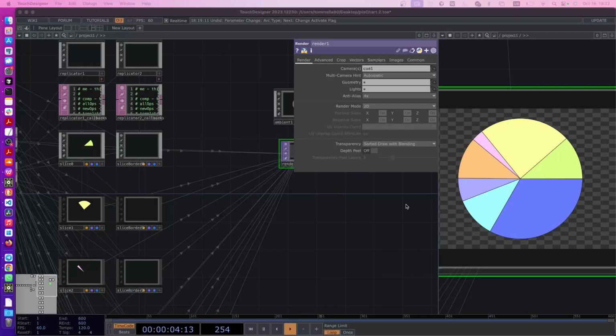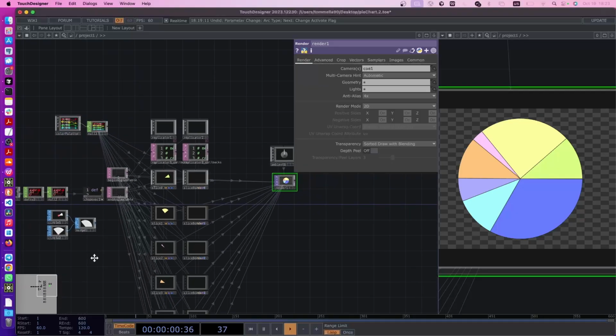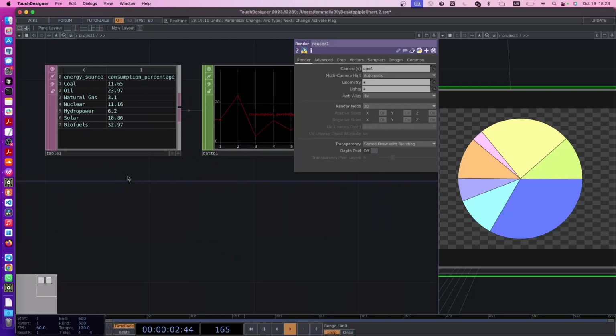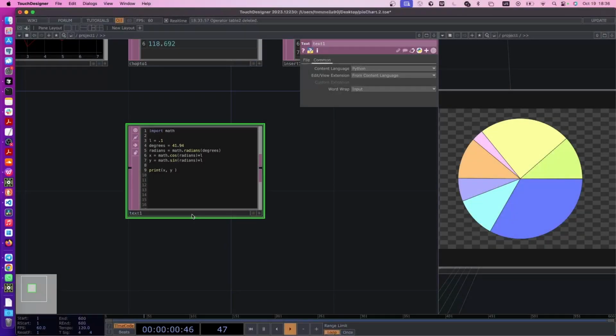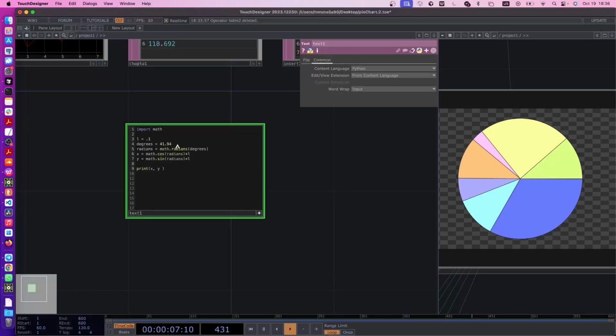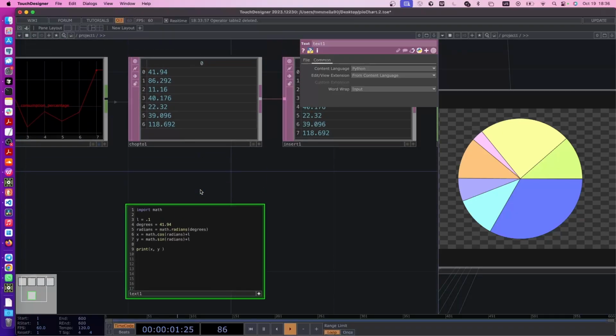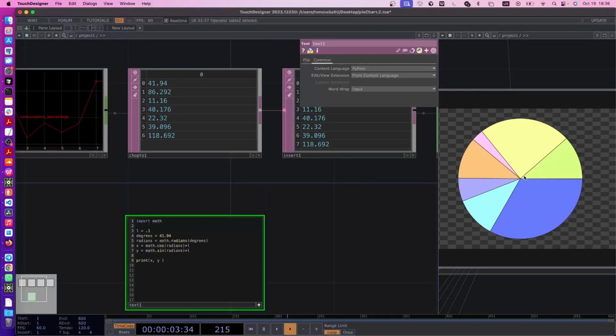Now we are going to add mm, the percentage value, which is what we have here in the original table. I created here in Python the formula we need, but we're going to recreate this with TouchDesigner components only. But just to show you, let's say that we have a degree. So that's the first slice, let's say. So like here,